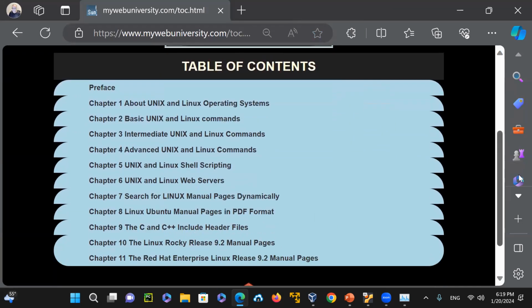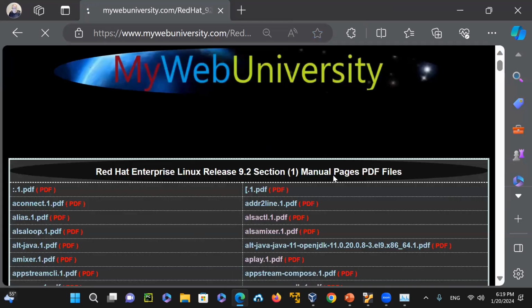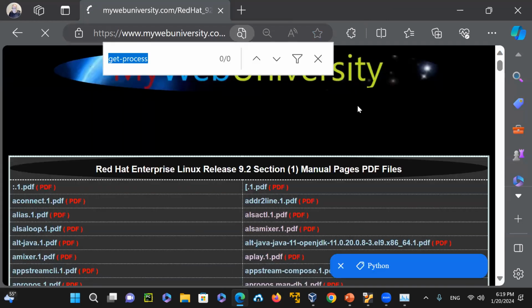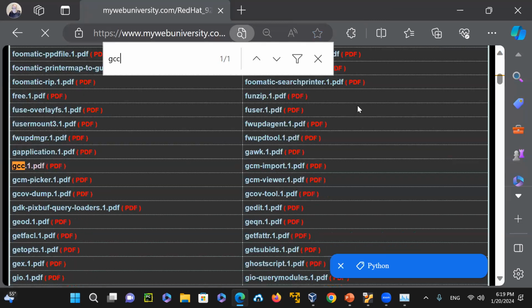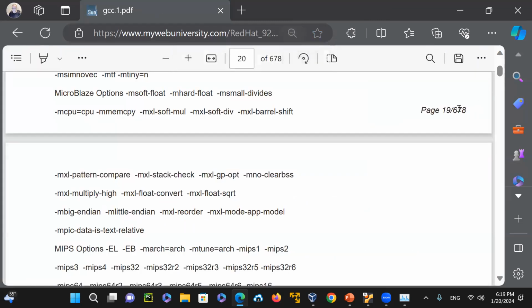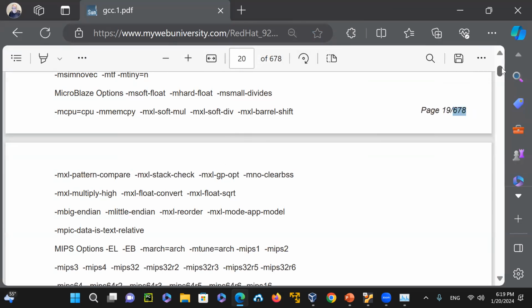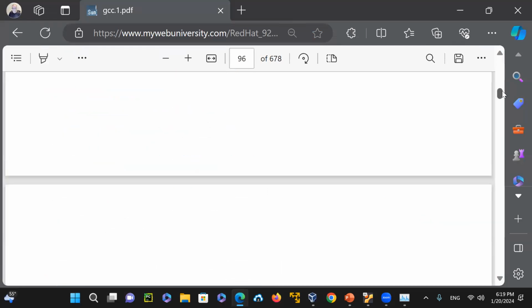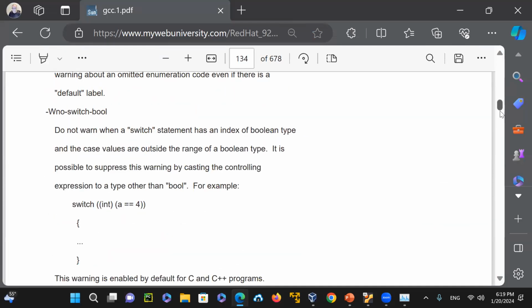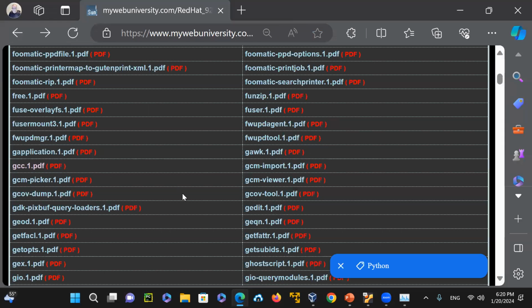I made it available. And one of them, for example, let's say you go on Red Hat, you look at it and Control F there, type in GCC, and then look at gcc.1.pdf. There's 678 pages long. You could just get that one. This is the GNU C Compiler Collection. So you can read the entire thing, or maybe G++